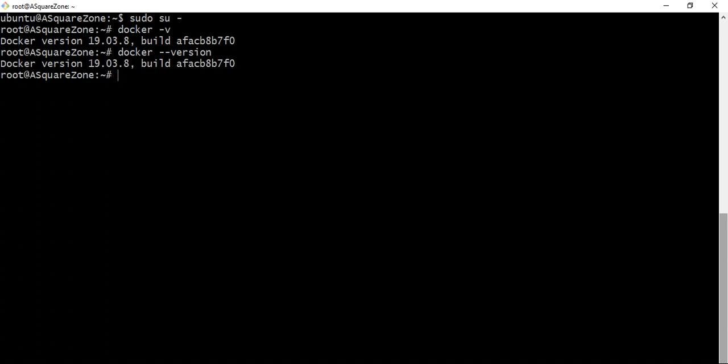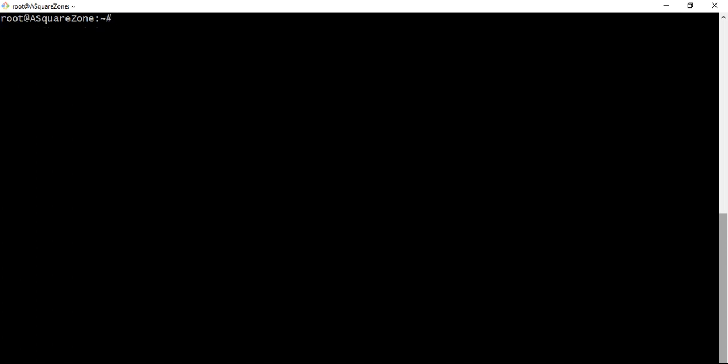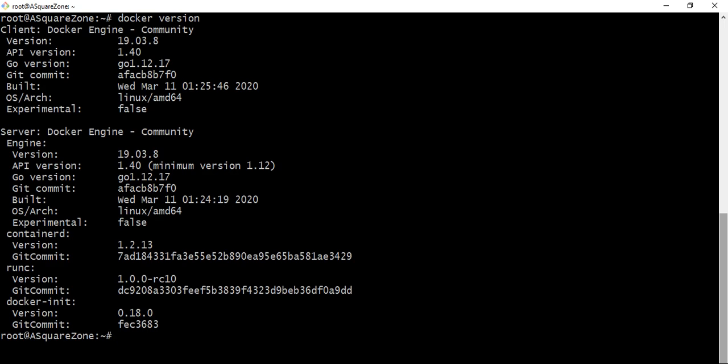Here the Docker version is 19.03.8, and one more command is there, the docker version command. Using this one we can see the engine as well as server versions. Here the engine version is 19.03.8, the same as the Docker server as well.